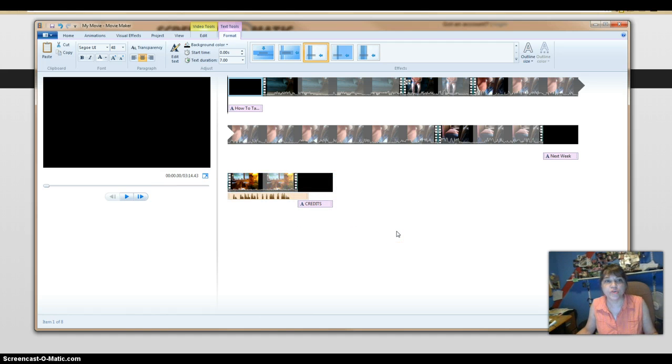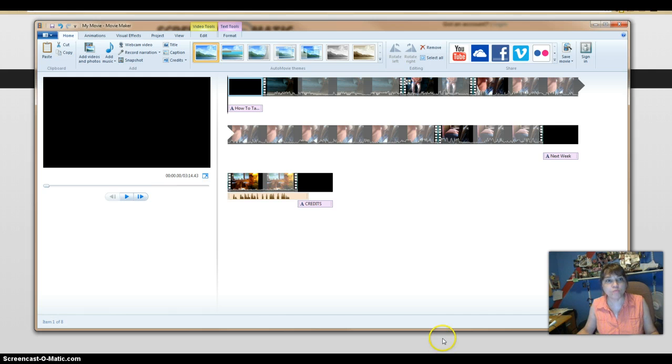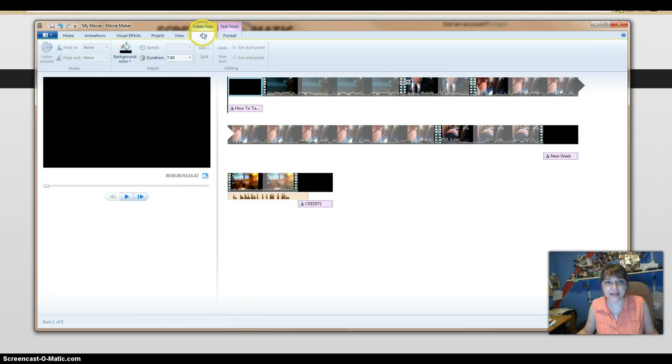I thought I would just show you how I did some of that by showing you different things on the ribbon. So when you're in the home ribbon, this is where you're going to add your video or photos. Once you get them added, you can go into the video tools, which would be the edit, and video tools should pop up. And that's where you can drag this bar along so you can see what you're doing,